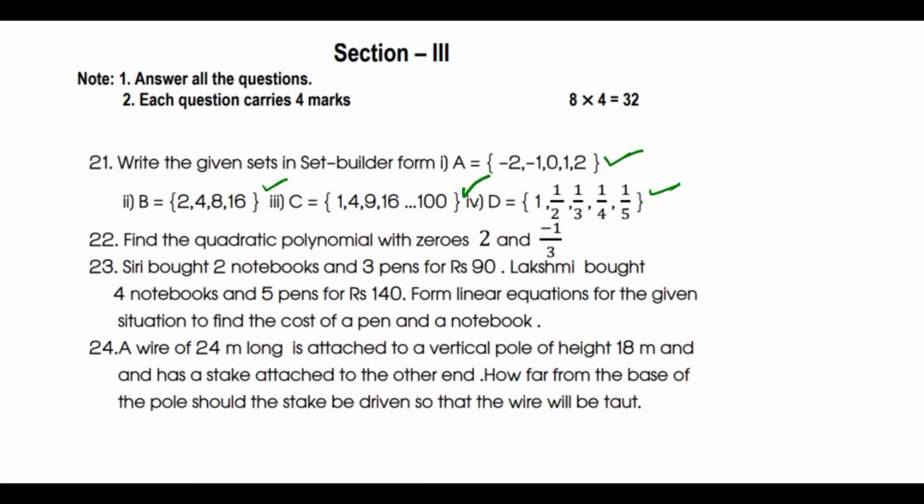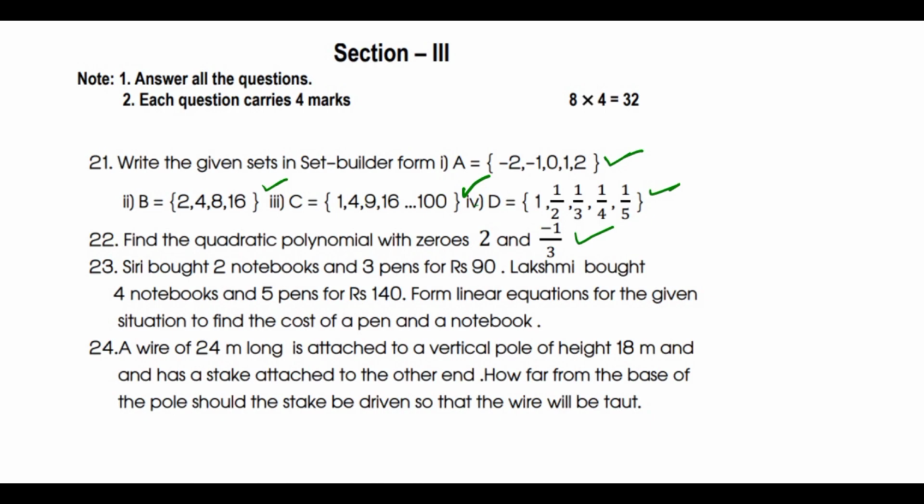Okay. Next one, many times we have discussed this one, how to write the polynomial from its zeros. This problem we have discussed in many model papers. So write the polynomial with the zeros 2 and -1/3. In many model papers we have seen the same question. So you can understand how important it is, with the same numbers like 2 and -1/3.